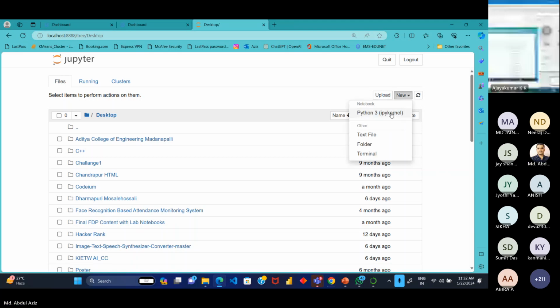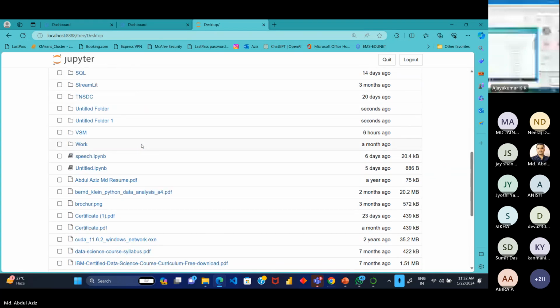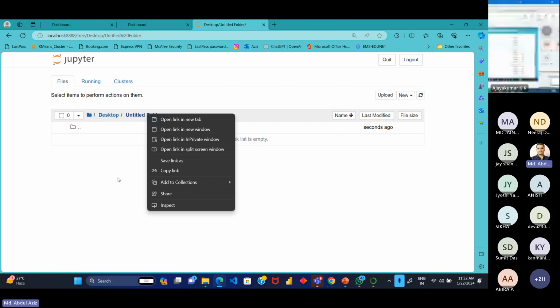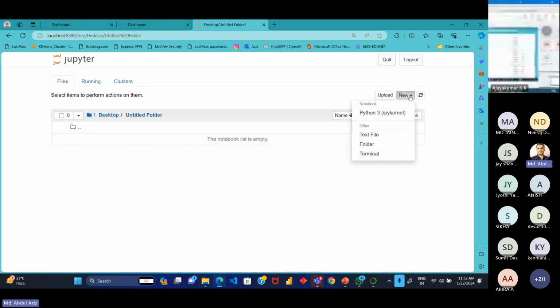Click on the New button, or before that, maybe you can create a folder here, right? It is better to create a folder on the desktop. Click on Folder. Untitled folder is there, right? Just now we created the folder. Here it is, Untitled folder. You can click on it, and you can also rename this folder. From here you can open the file,